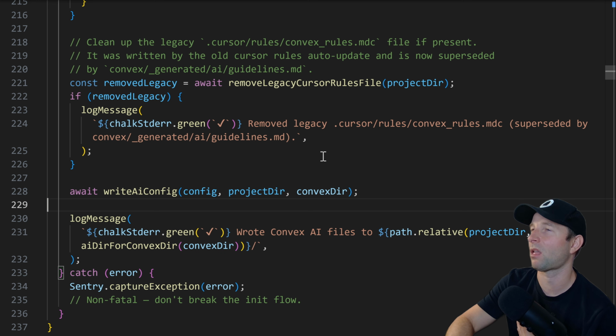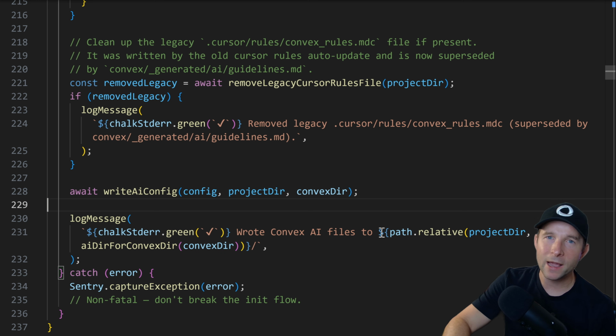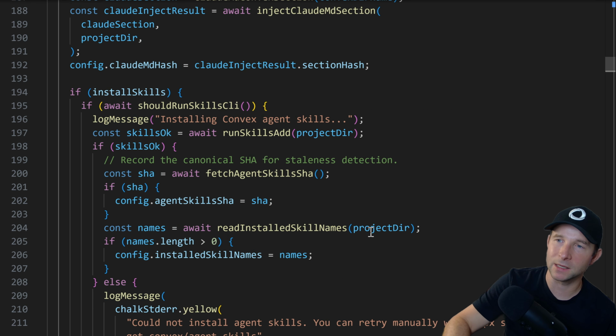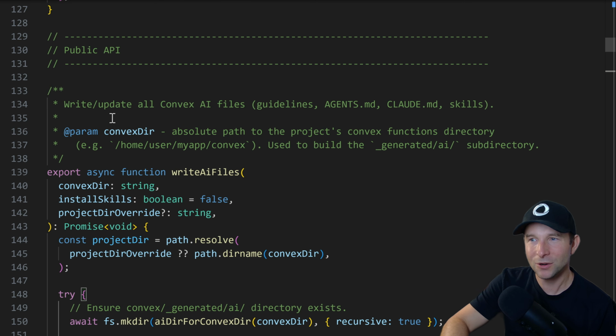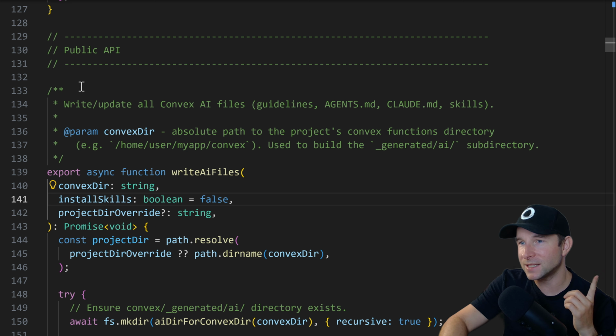Now, when I encounter a big gnarly function like this, the first thing I try to understand is what is actually the purpose of this function? What is it trying to do? We actually have a comment at the top here, which is handy. But don't forget, you can't always trust comments because they can very easily go stale. But what it does say is